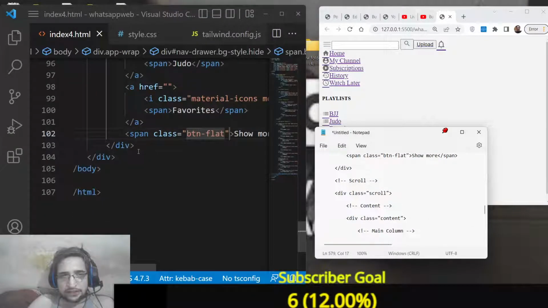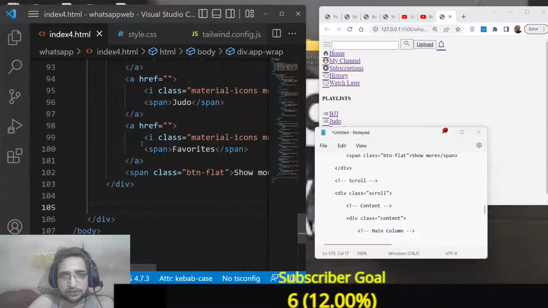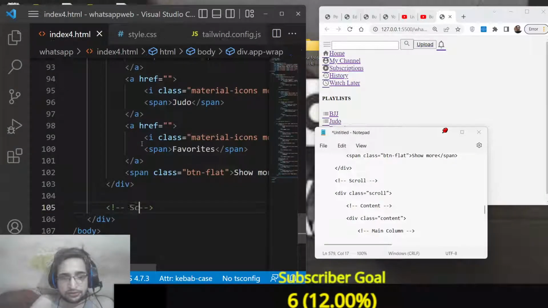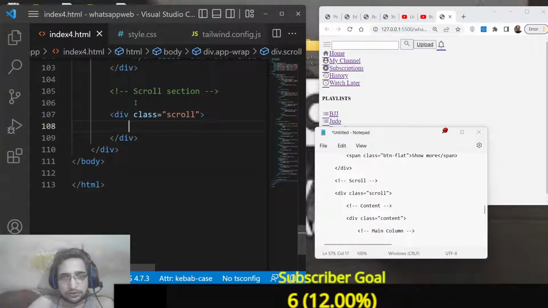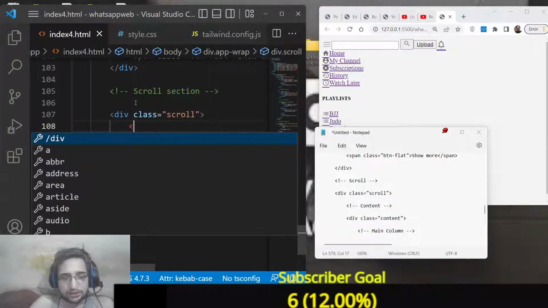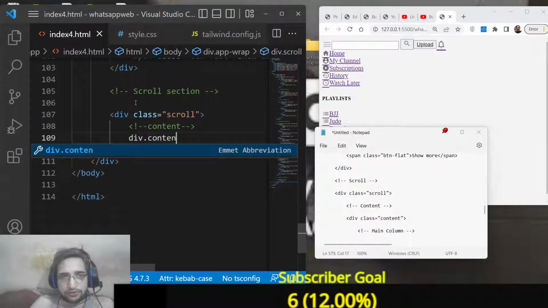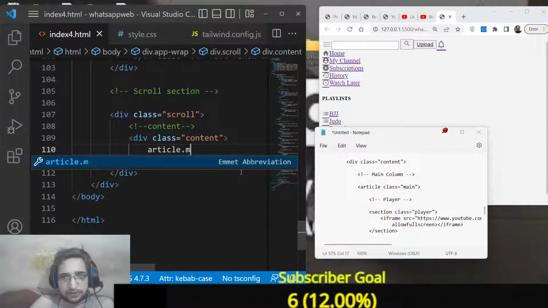Now we will write the next section. This is now complete. You can now see this is the navigation drawer, and this is now the scroll section. The next section, so basically here we will have a div which will have this class of scroll. So here we will have the content. So div content class. Inside this we will have an article tag which will have the class main,